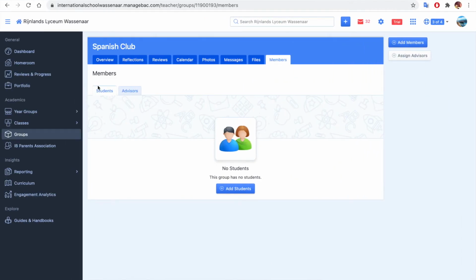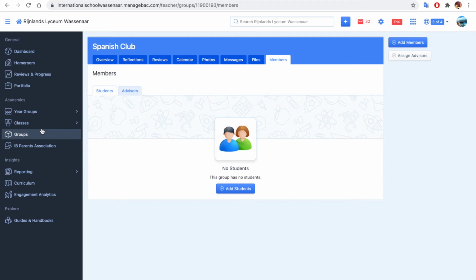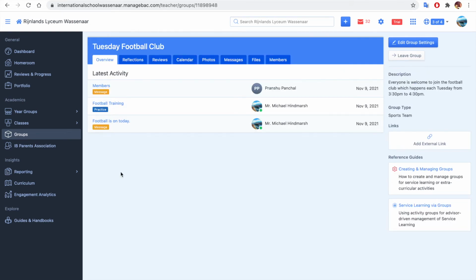The other interesting thing, and I already mentioned this, is that it does appear on the student's calendar, and you can update things that are going on within the group. So I'll give you an example of that. I'm going to just do one for next week, because I know that Tuesday Football Club is not going to run because we have a Managebac training session which I'll be running. So I'm going to go into the calendar, and